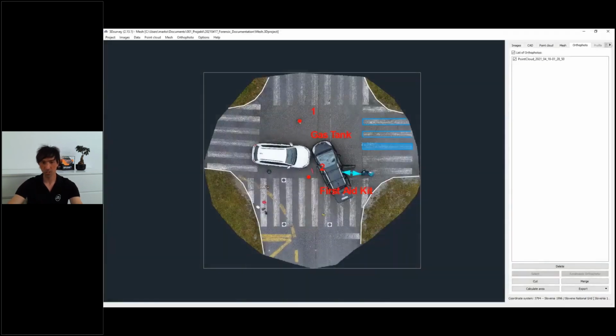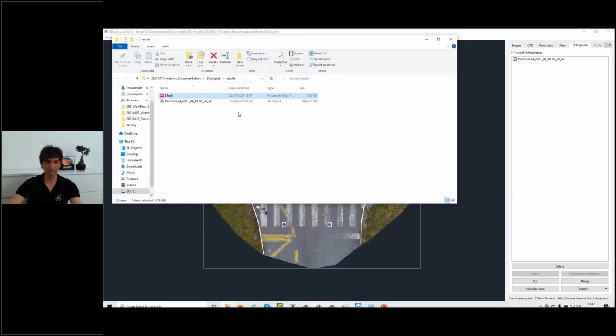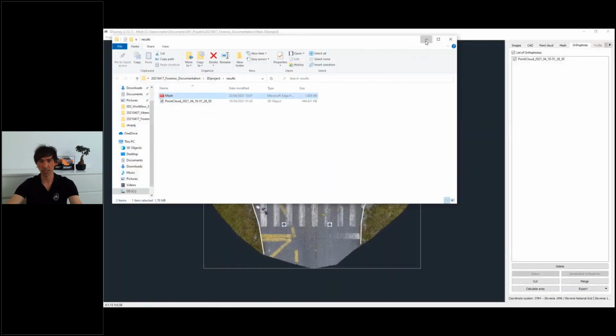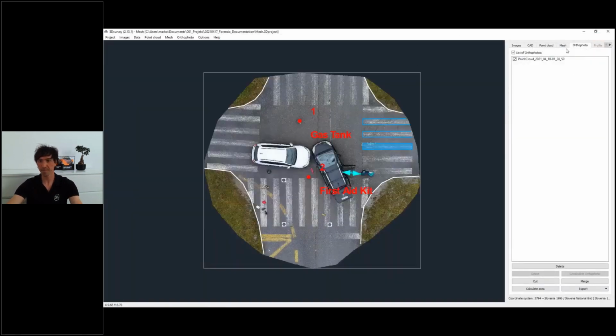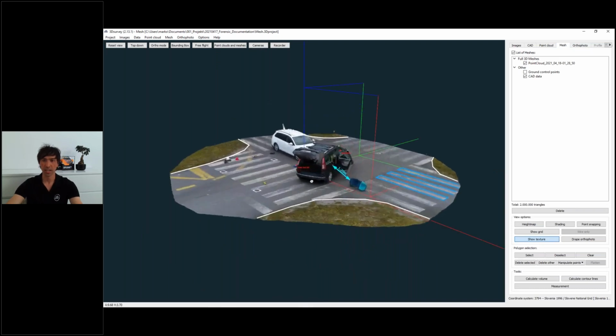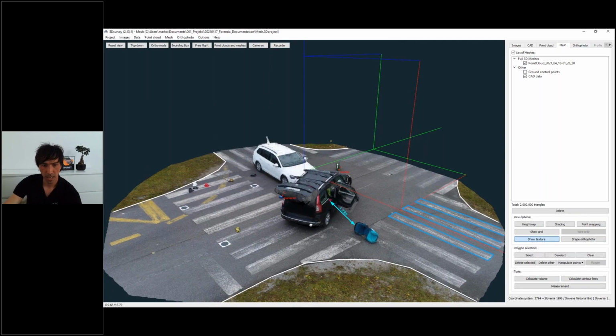Okay, so traditionally they've been doing this quick sketch with a pencil and paper. Now we have a sophisticated tool for doing that kind of measurements and exporting them, or printing them out, or sharing them in 3D. Okay, then the last thing I would like to show you here is actually our recorder function,